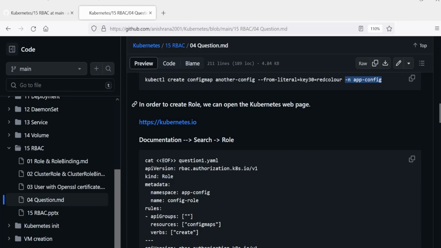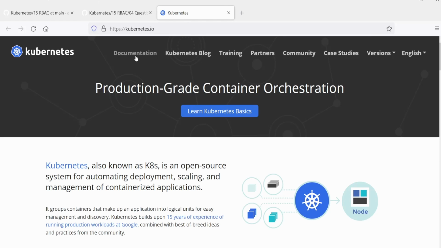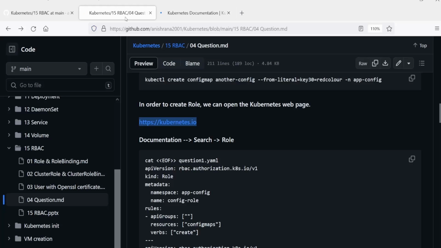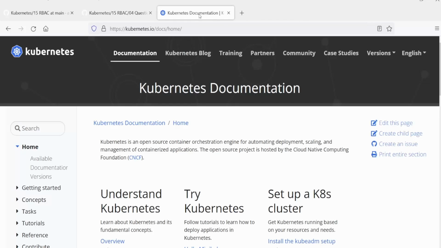In order to create a role, we can open the Kubernetes web page. Let me open this one in a new tab here. And in the documentation, in the exam, you will do like this and search role.